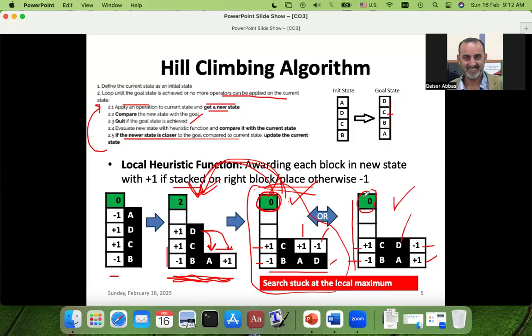So with both of these possibilities, because according to this algorithm, if operation is possible, then apply that. So that's why we are applying this operation. And if you apply all the operations, all the states that you are getting now, this one or this one,